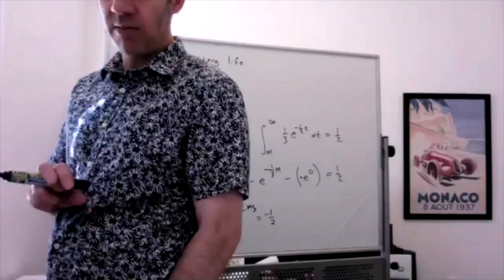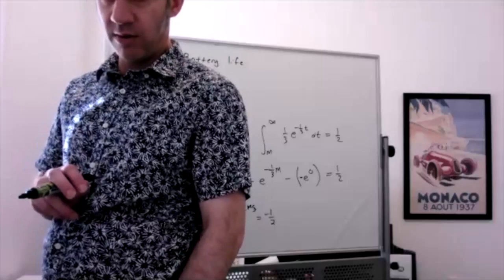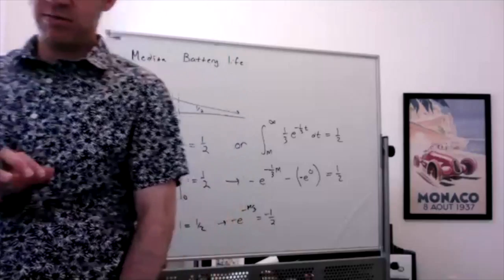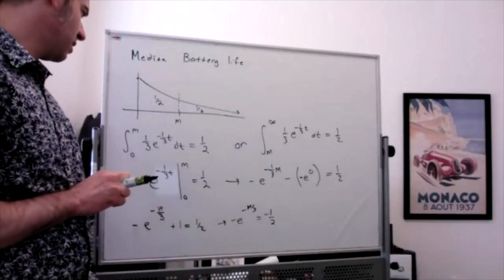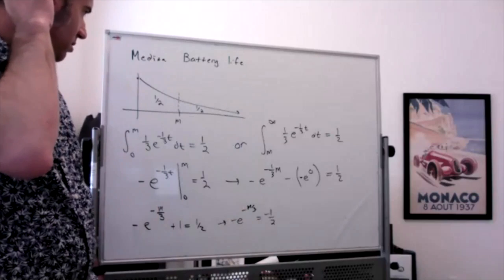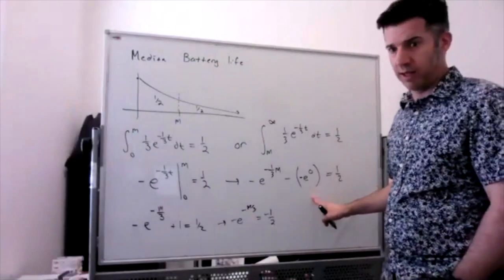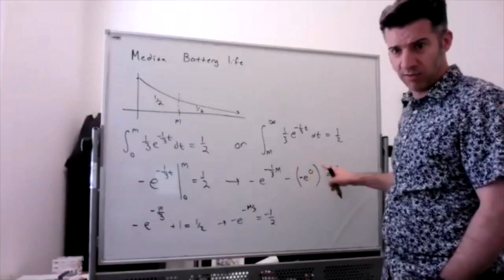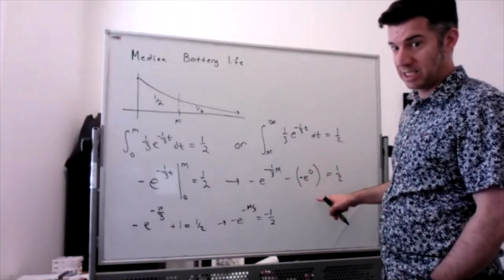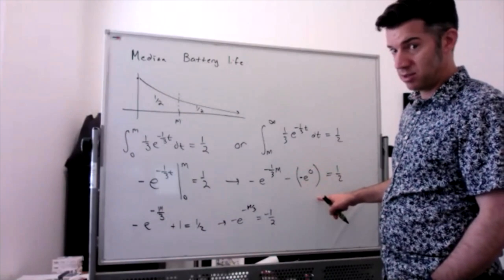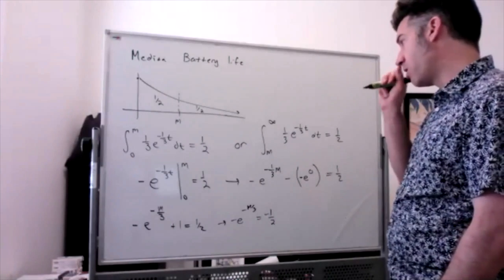With problems finding medians, will the constant always cancel out to just one when doing the integral? That's what I've noticed. When you say the constant, I'm assuming you mean like the second part right here. Is that what you're talking about? No, like in the first part. Oh. So